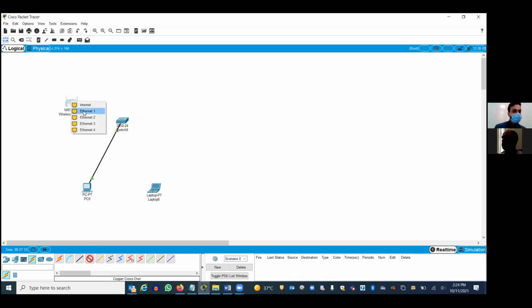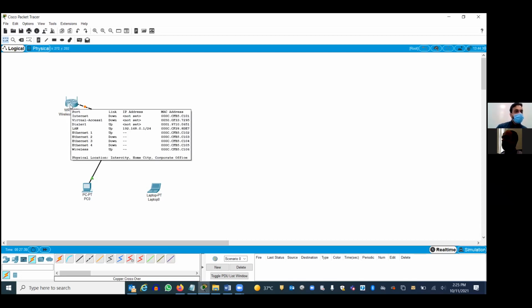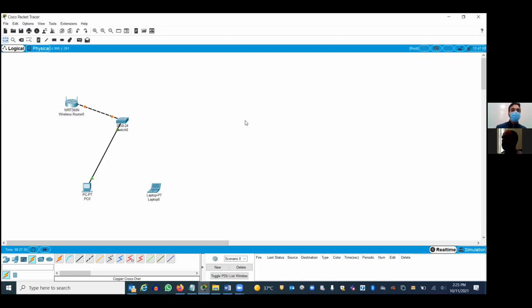Go to the wireless. Should I use Ethernet or Internet? Ethernet. Excellent. Okay. So we use Internet for the outside network, correct? So where should I connect the available one next? We use the Internet port to give the connection to the outside. Okay. So I will give you a small example. Let's take a cloud or something here. Select this. Just let's use a modem here.